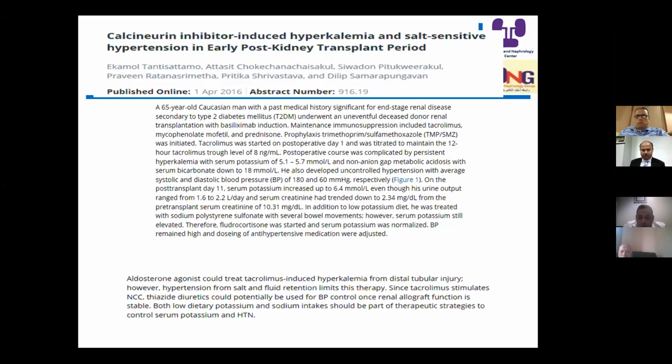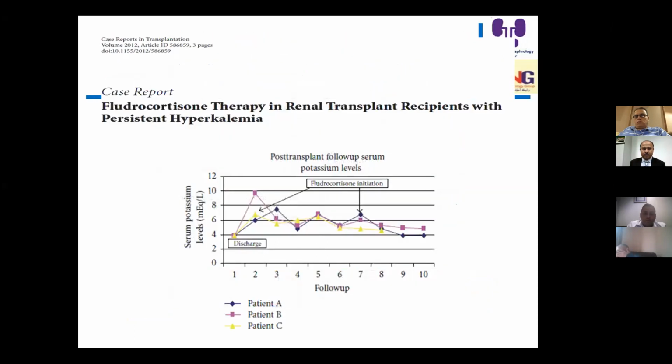After adding fludrocortisone, serum potassium was controlled, but on the other hand, blood pressure started to rise. By addition of a thiazide diuretic, the blood pressure started to be controlled. The conclusion of this case report is that aldosterone agonists can treat tacrolimus-induced hyperkalemia related to distal tubular injury, but hypertension due to fluid retention may limit this therapy, and the addition of a thiazide diuretic can control blood pressure. Another case series published in Transplantation Journal in